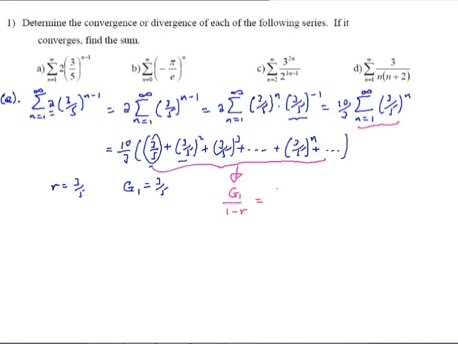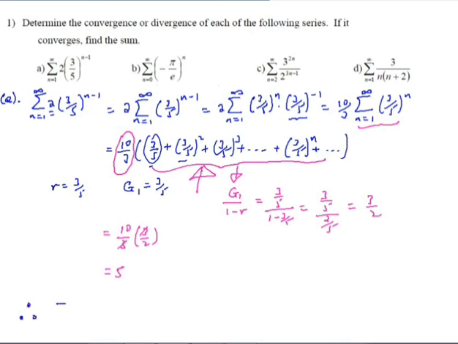So g1 is 3 over 5, r is also 3 over 5. ይሄ ምን ይሆናል? 3 over 5 over 2 over 5 ይሆናል. The result is 3 over 2 ይሆናል። አሁን እዚች ጋር ይሄ infinite geometric series ውስጡ ያለው result 3 over 2 ነው. So በምን እናበዛዋለን? በ10 over 3 እናበዛዋለን. So the sum of this infinite series becomes 10 over 3 times 3 over 2. ምንድነው የሚሆነው ማለት ነው? 5 ነው የሚሆነው ማለት ነው።